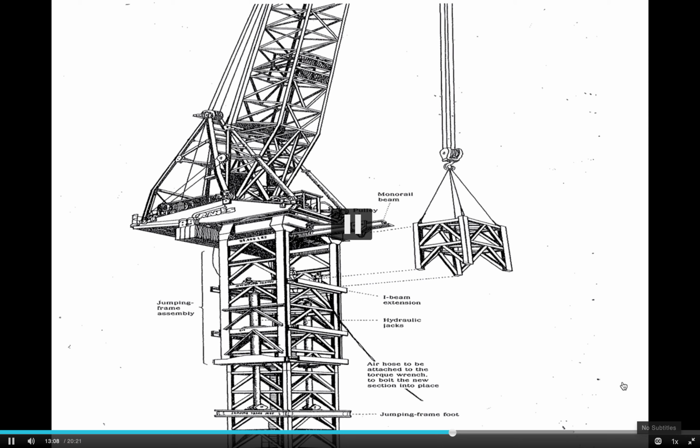All right, so this is an in-process sketch of how they get the frame jumped. You see the jumping frame foot on the lower section. You see the sections of truss that go up. Those circular cylinders that you see there are the hydraulic jacks, and basically you install a section directly underneath the crane that's active. You make space for it, you get personnel in there to bolt it together,